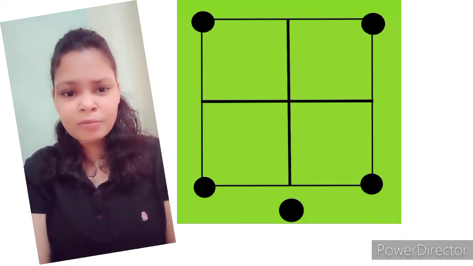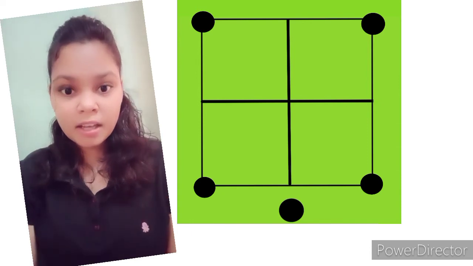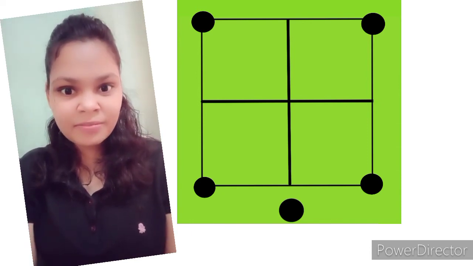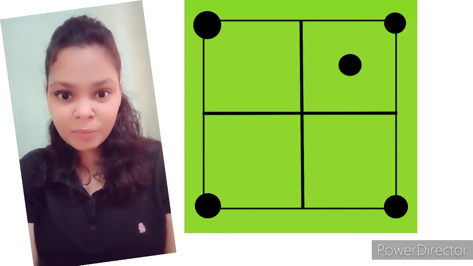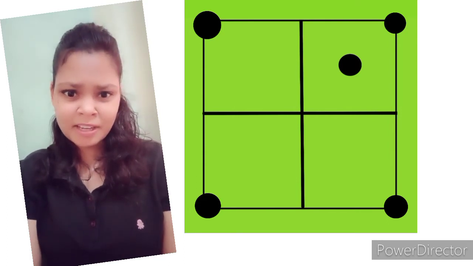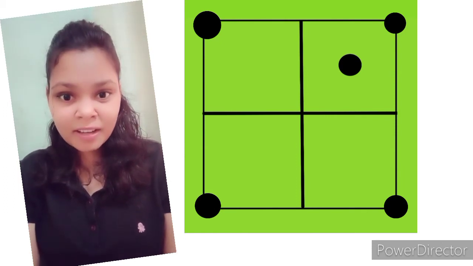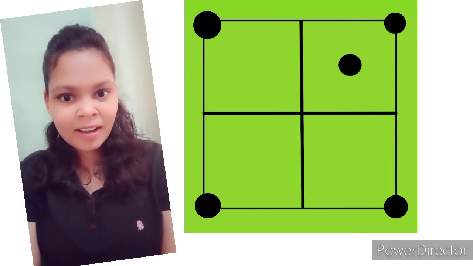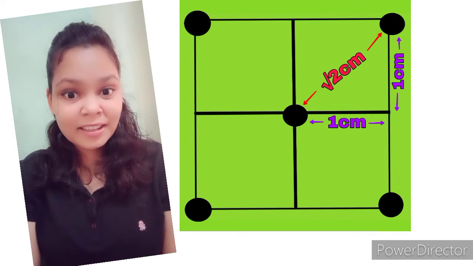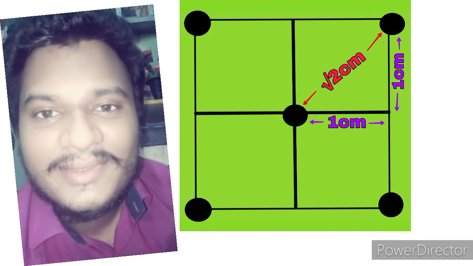So let us make 4 congruent parts of the given square such that each part would be a square of side 1 centimeter. Now if I put the remaining fifth point in any of the squares, the distance between the pair of points is less than root 2 centimeter. But the extreme case is the center of the square. So let us put the fifth point at the center of the square. And it's done. The distance between the pair of points is root 2 centimeter. I told you I will win.